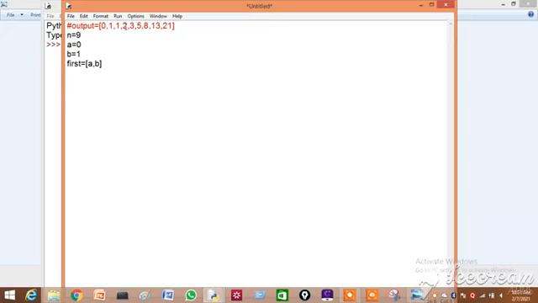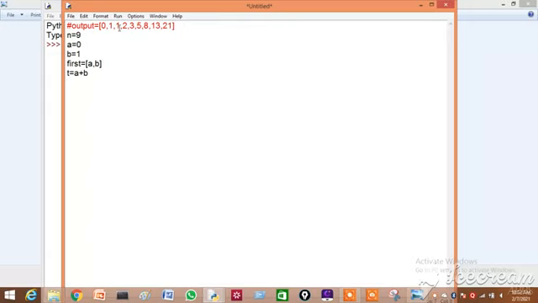Then I should add t is equal to a plus b, because you can see here the a value is 0 and the b value is 1. Adding 0 plus 1, I got this 1, the third element. So t is equal to a plus b I am doing.